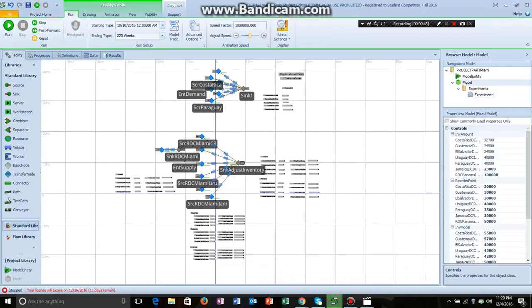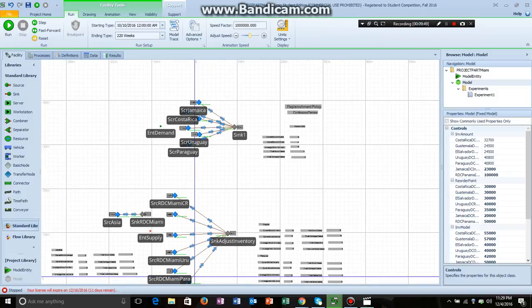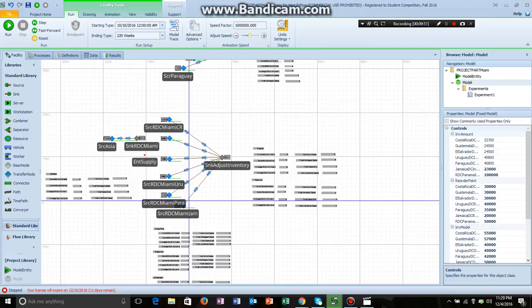The last model of our project we are going to show you is the Miami model. So instead of traveling from Asia to Panama, and then Panama to each country, the regional distribution center is now located